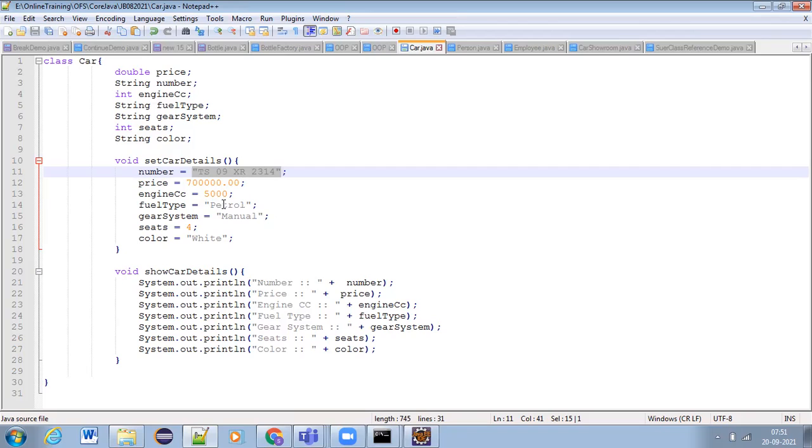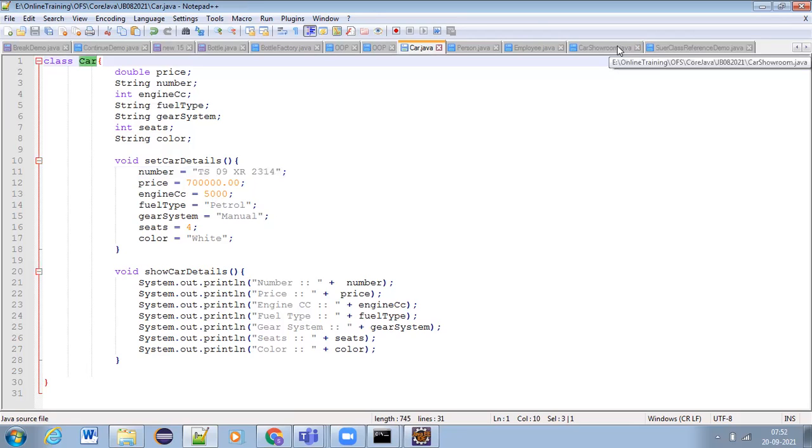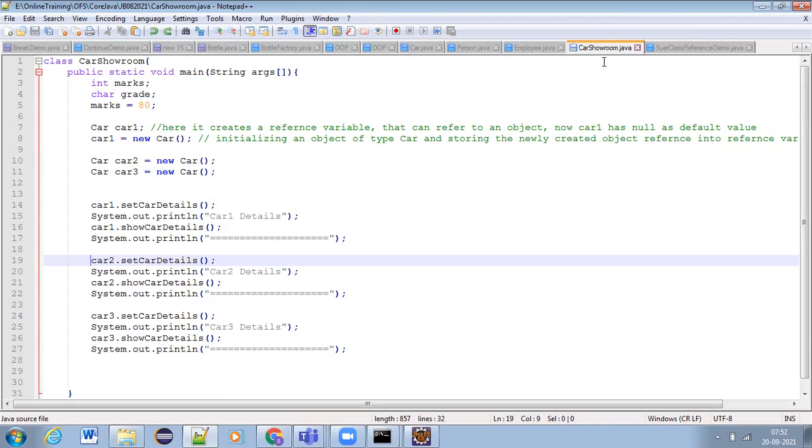So how can we do this? Who is the user here? The user of this car class is car showroom. User doesn't always mean it should be a person. User can be another class also, or another program also, or another software also. Make sure of that, guys.